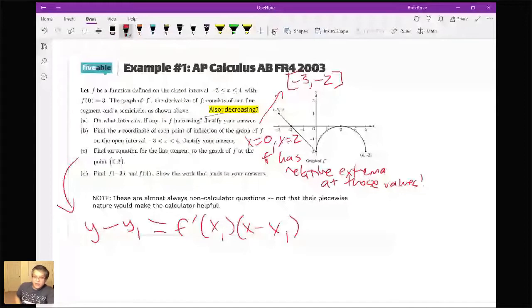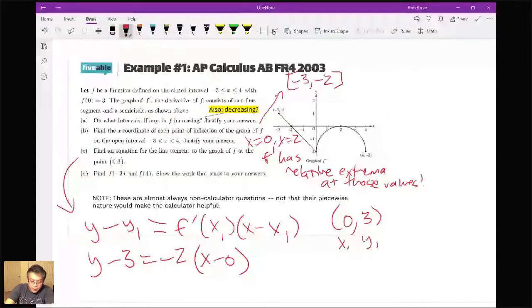Right, and so the equation of the tangent line is going to be at a known point. I actually know the value of f prime of 0. Here, x1, y1 is 0, 3. And f prime of 0, I can actually read off the graph. It's -2. And so I get y. I think it's easiest to write as